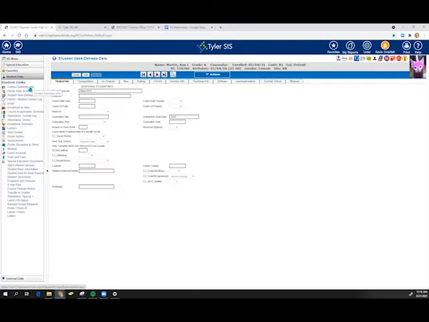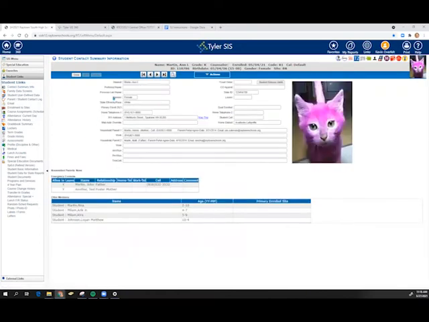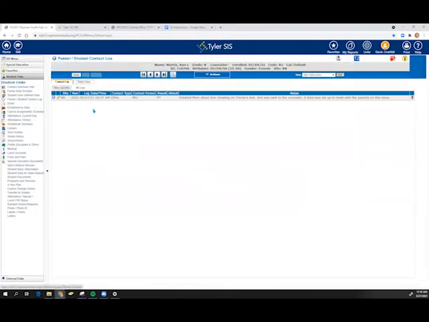Under the student links, there is a whole bunch of other links that you can access to get various information. The contact summary info is going to pull up your basic information on your student: the name, phone number, address, as well as the parents and their contact information, other students that they might be related to. The parent-student contact log will show any attempt by either administration or a teacher, usually towards a parent, emailing, phone calls, things like that.